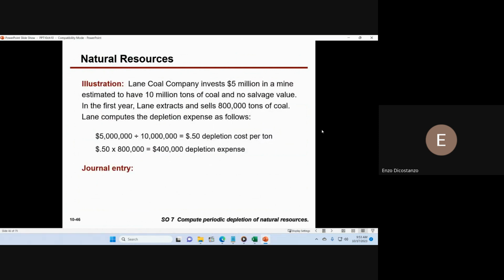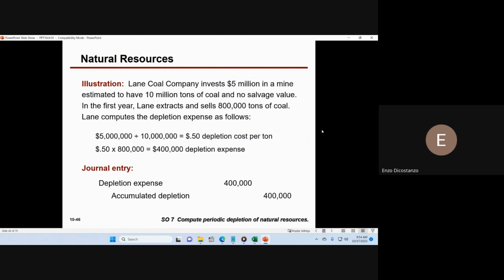A coal company invests 5 million in a mine, and they expect to have 10 million tons of coal and no salvage value. They're expecting to extract about 10% of the coal in the first year, and we're looking to compute the depletion expense. So it would be 5 million divided by 10 million tons of coal, which is 50 cents depletion cost per ton, and we pulled out 800,000. So the depletion expense should be 400,000, and that works